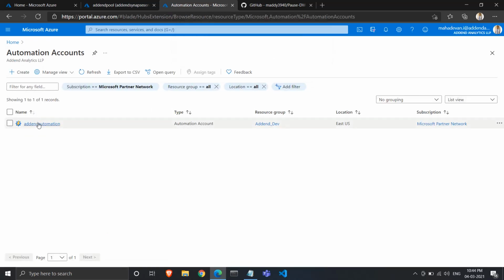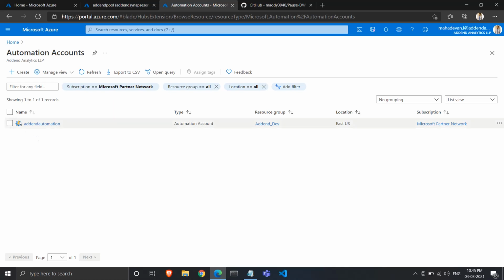What this does is give the automation account permission to access all the resources in your subscription. That's pretty dangerous, to give it access to all the resources. So what you can do is restrict the automation account to a particular resource group; you can find somewhere else on the internet how to do it.